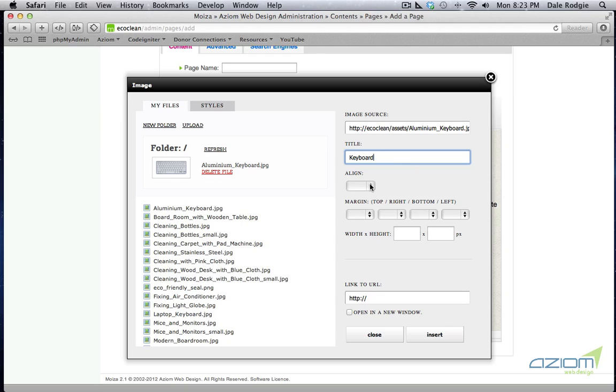You can also align your image to the left or the right of the page, and you can set a margin or space between the picture and the text, and I'll show you that in a second. You can also link the image to a web address, so this could be another page in your site, or it could be a page on another website. Let's just save this now,